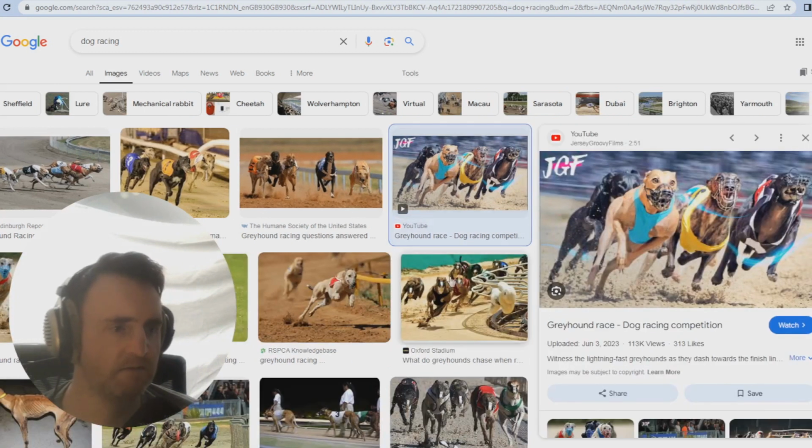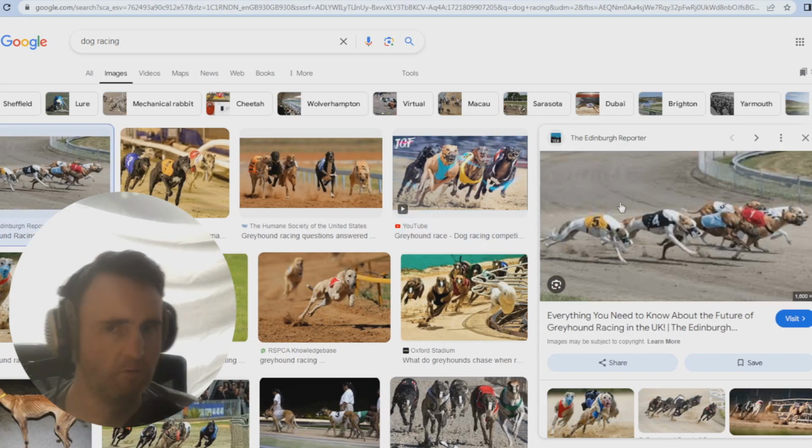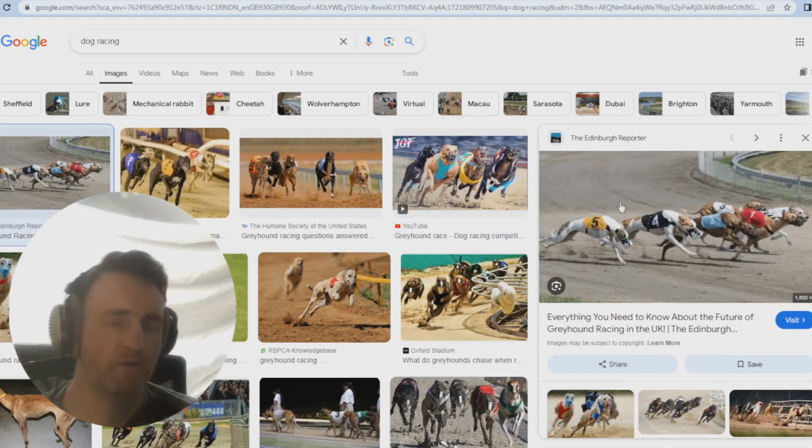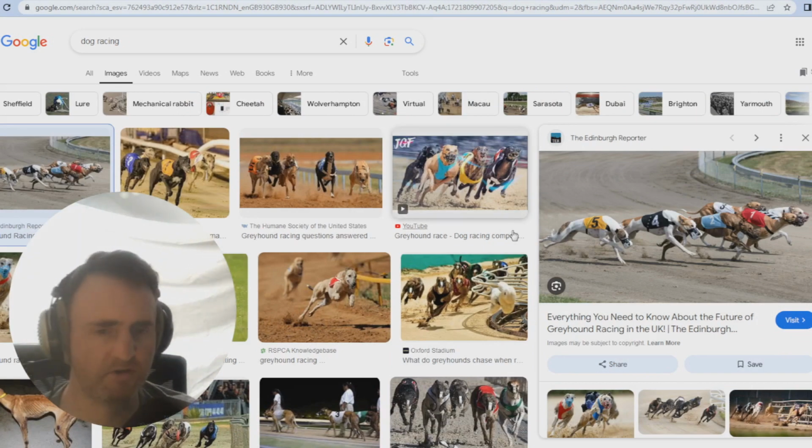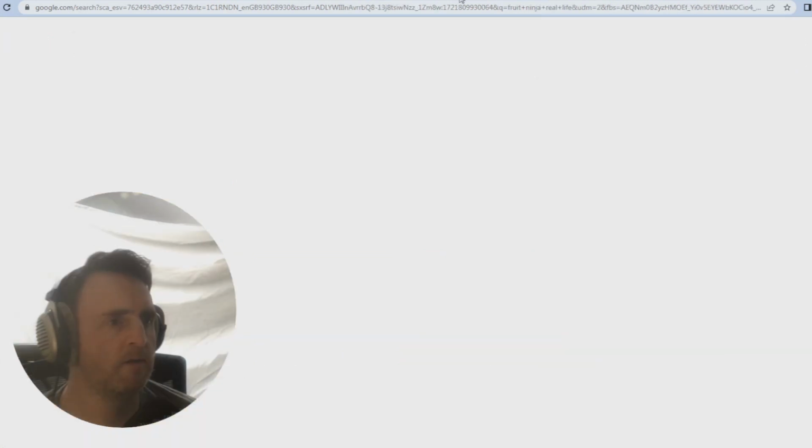It's the exact same, it's just greyhounds. And they go round the track, and whoever wins is the winner. With horse racing and dog racing, it's about betting, putting money down and saying, I think horse number 2 is going to win. And if you win, you get money.